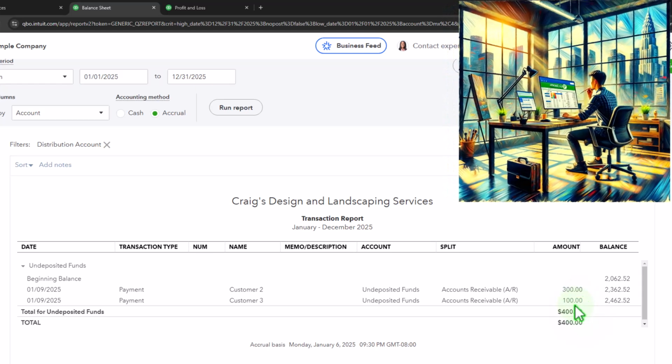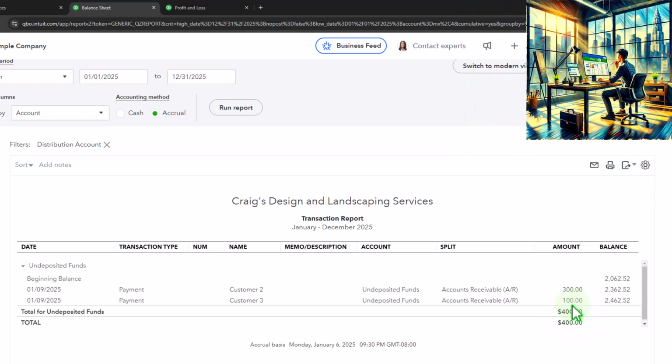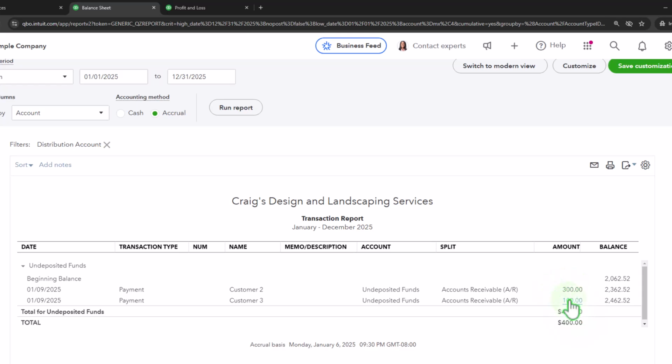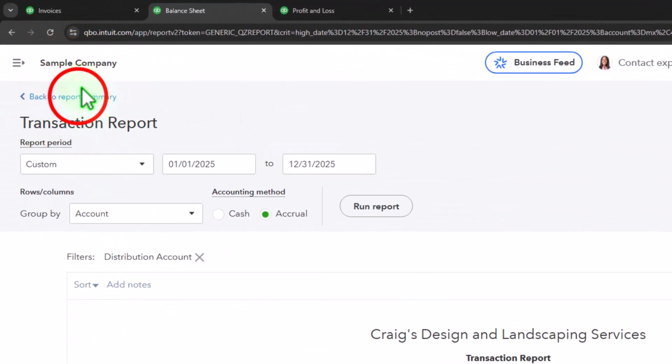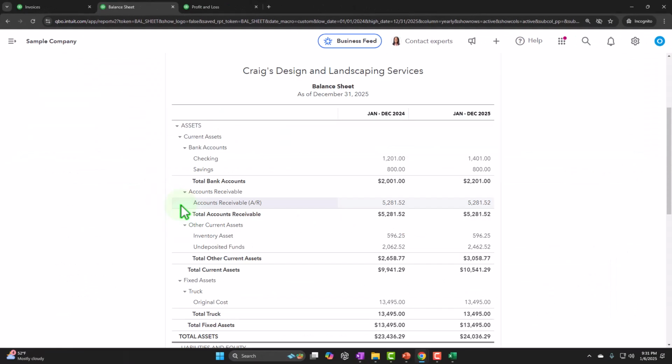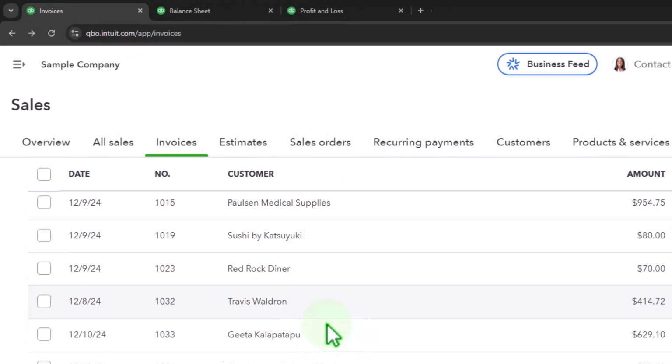And if the credit card company posted something like a penalty or a fee, I can possibly account for that as I record it out of undeposited funds. All right, so let's go back on over. So then we would have the deposit that would need to be recorded. So let's go to the first tab and